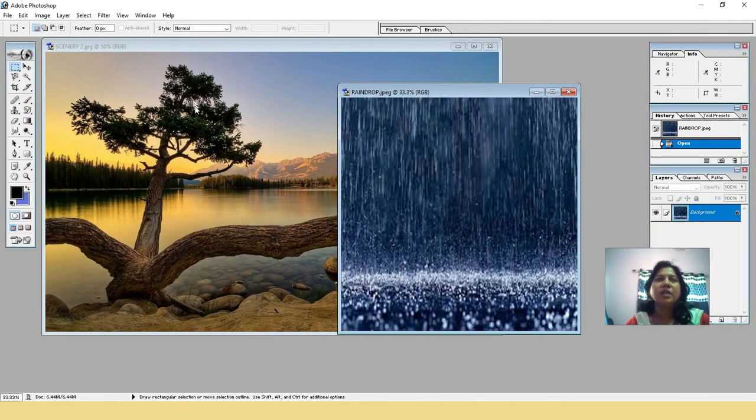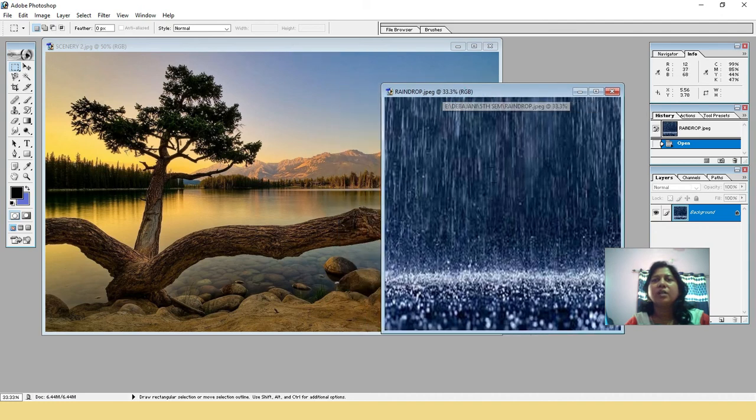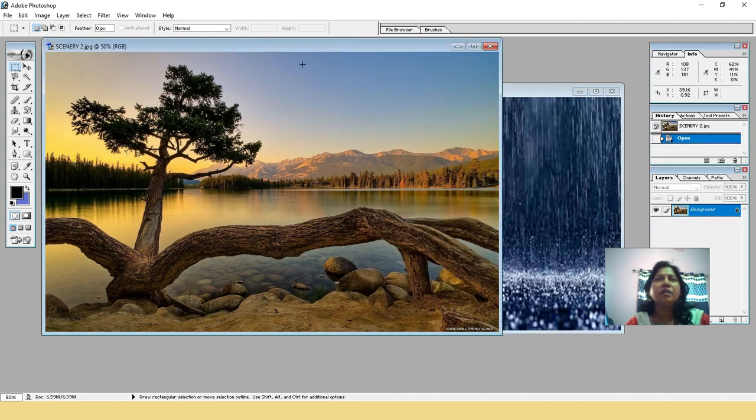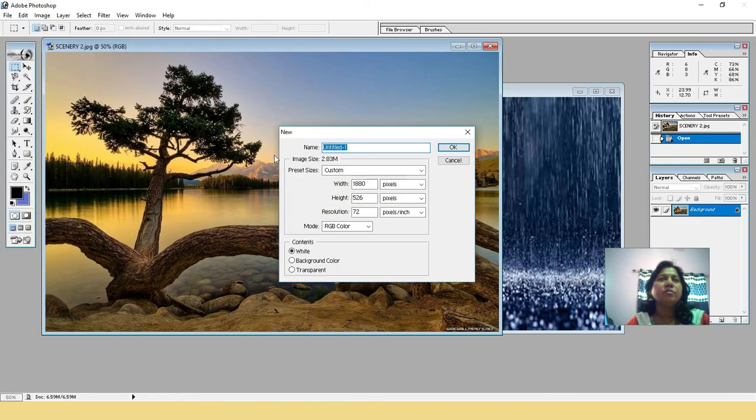So see, I have opened these two files, one is scenery, another one is your render file. Okay. It looks like falling rain. Now create a new file. Go to File, New. Now you can specify the size also.